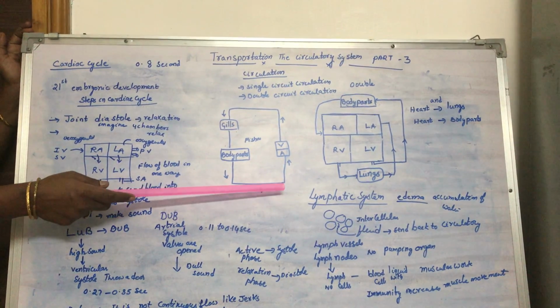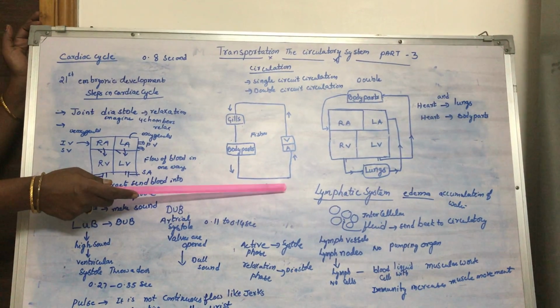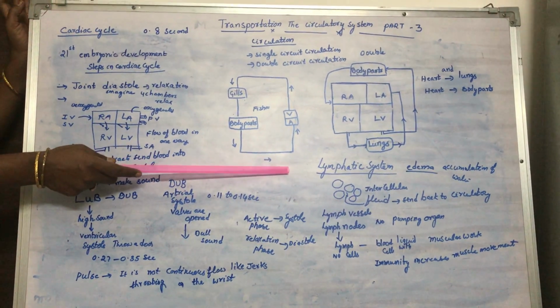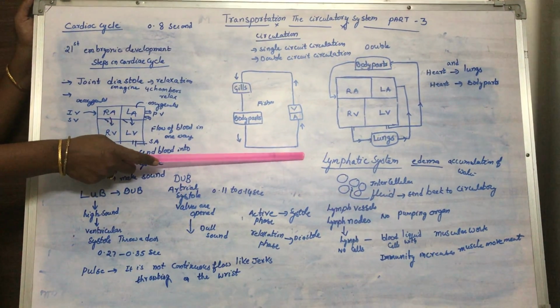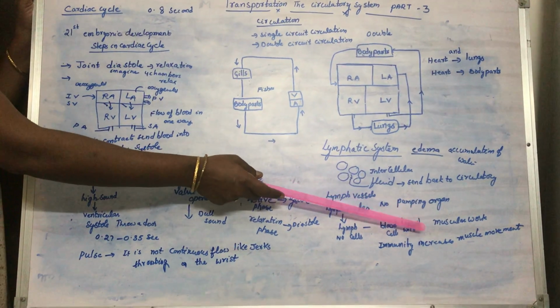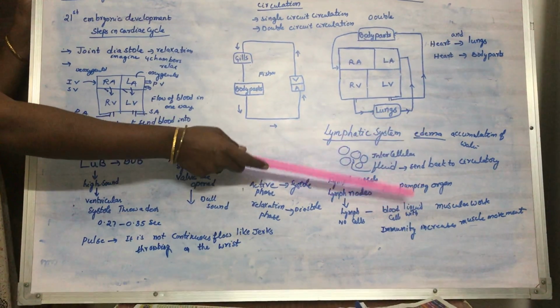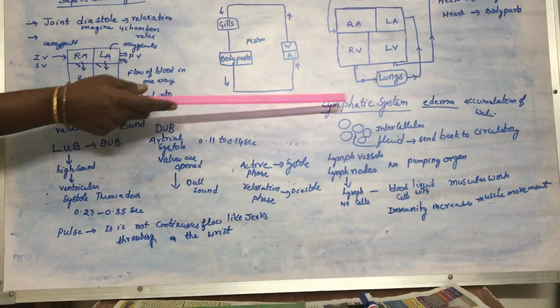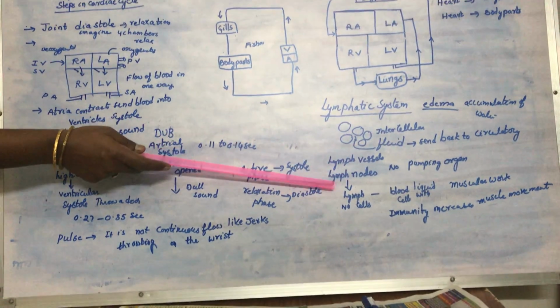See, to pump the blood in the circulatory system, the heart is present. But in the lymphatic system, no such pumping organ or device is present. How is the lymph circulated? The lymph is circulated with the help of our muscles. When the muscles contract and relax, the skeletal muscles help in pumping lymph to all the parts of the body.